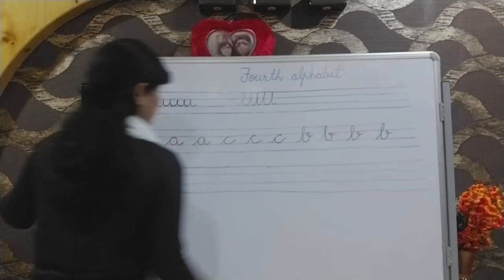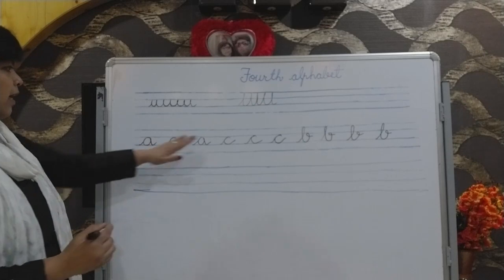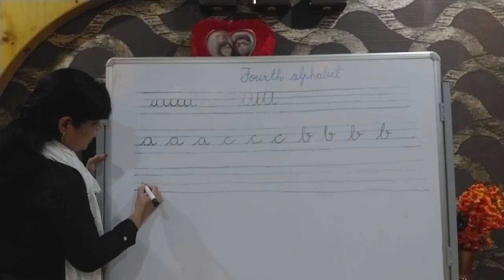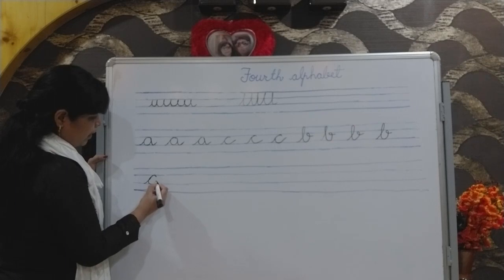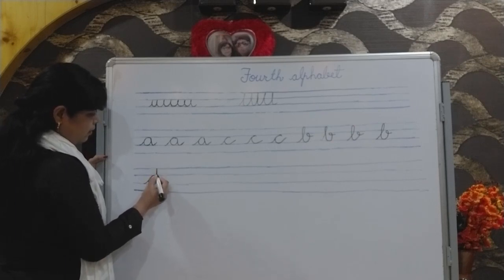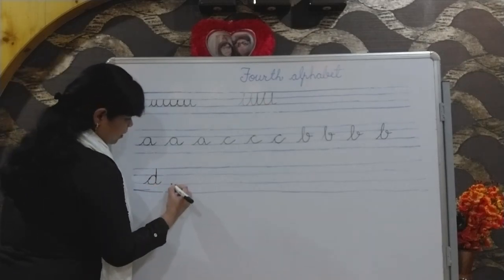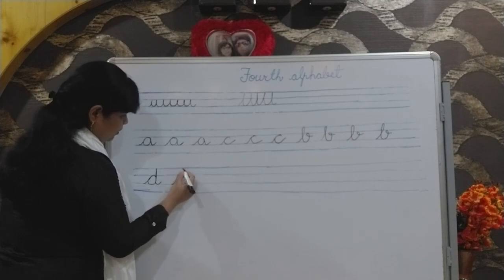One more line I have drawn here. Our next letter: A, C and B I taught already. Now you have to see D. How to make D? Again like A we will move. From the third line we move ahead, move back. You have to make a full circle on our middle line. Then go to the upper side and in this manner you draw D. I can't draw proper straight lines, so please don't mind. You have to see the letter formation only, how to draw letters.